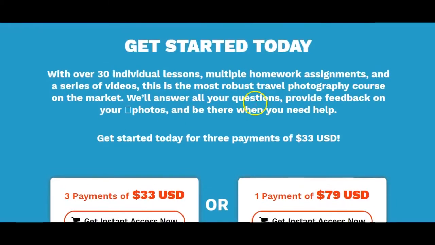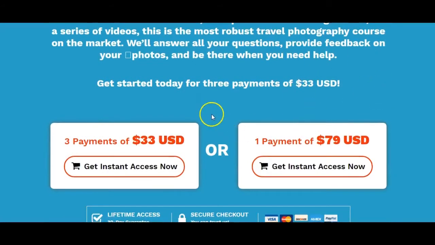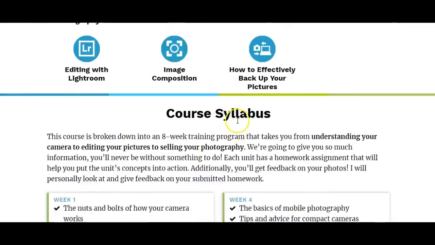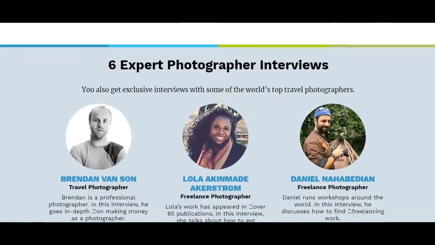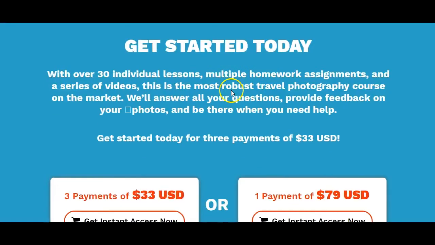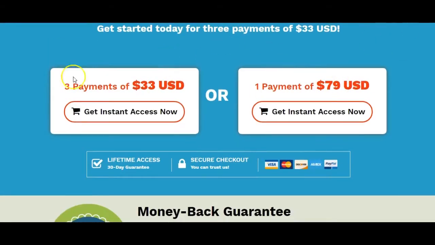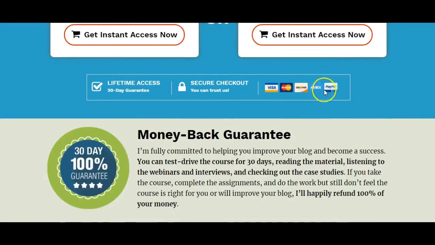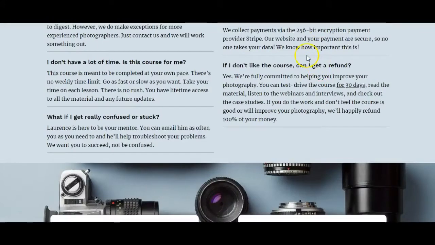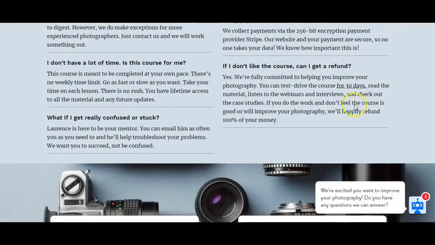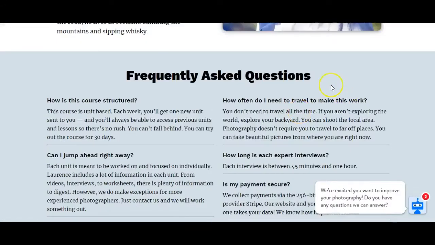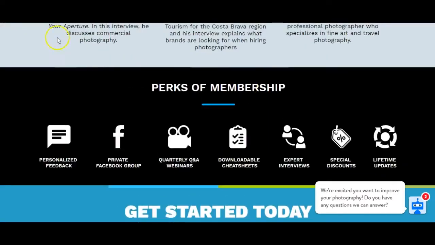And one of the last ways is making your own product or service. So for example, here's a travel blogger that has gone through the process of making his own photography course and has this set up to sell for right around $80 and sells hundreds of these per year or even thousands. So that's a great way, is creating your own brand, your own products, and really staying after it.